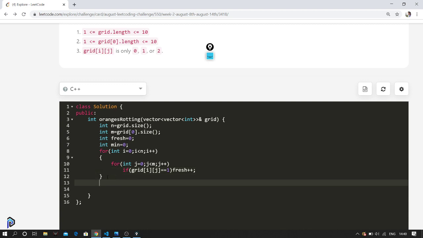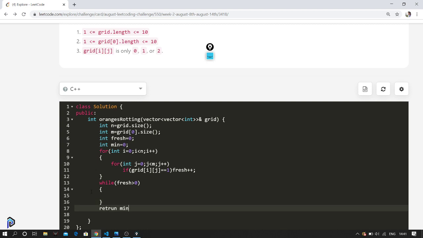Then we have the while loop: while fresh is greater than 0, so the number of fresh oranges is greater than 0. If fresh is less than or equal to 0, we will return the min. So it requires 0 minutes to make all the oranges rotten, because initially itself the fresh is 0. If it is greater than 0, what we do is